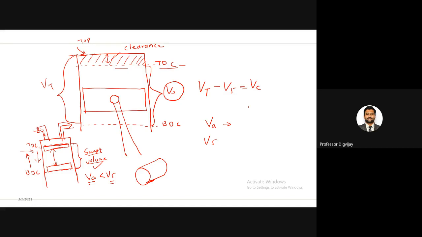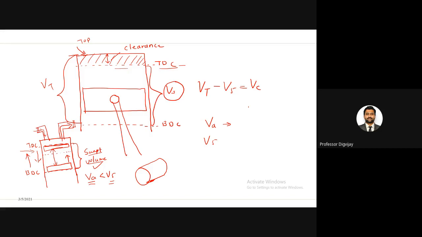As soon as the piston leaves top dead center, the inlet valve does not open. So the piston has to travel some distance. The piston will come here and then this valve will open. The piston has to create some vacuum inside the cylinder, a negative pressure, and only then does the valve open. Again, in the case of delivery, the piston starts moving in the upward direction. Theoretically it is assumed that as the piston leaves the BDC, the outlet valve should open directly.